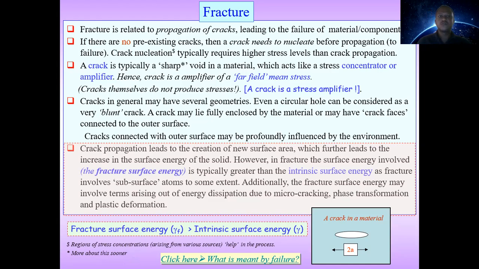If there are no pre-existing cracks, then a crack needs to nucleate before propagation. Propagation goes toward the failure point, and nucleation is the initiation of a crack. Crack nucleation typically requires higher stress levels than crack propagation, because once the damage initiates,